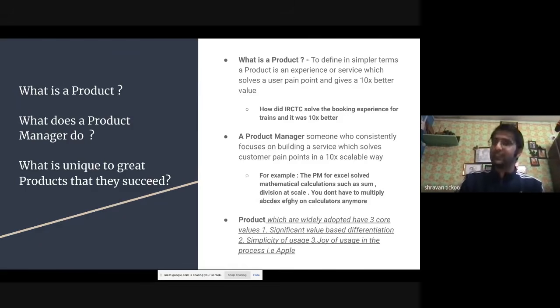Another example of this is a very simple one. Again, 7-8 years back, if you had to book a taxi, right? You would go out. You would haggle with the auto driver. I want to go from this place to this.